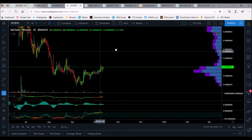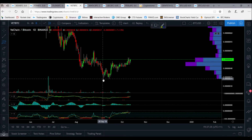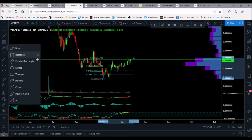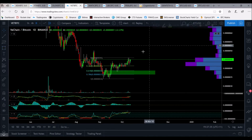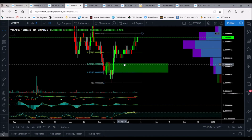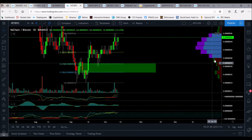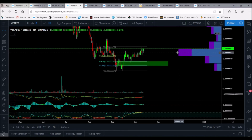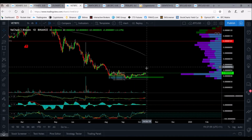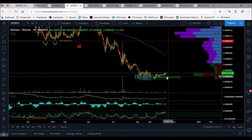Again, if I was to look to enter this coin, I'd probably be looking at it. So these tails on this still need to be eaten, it looks like. So I'd expect price to come back down, eat these tails. Any gaps that need filling? No, that's been filled in. It is kind of like Swiss cheese anyway. The POC is sitting right here. Could we get a test of this 200 MA? Maybe. But I would like to see it come back down